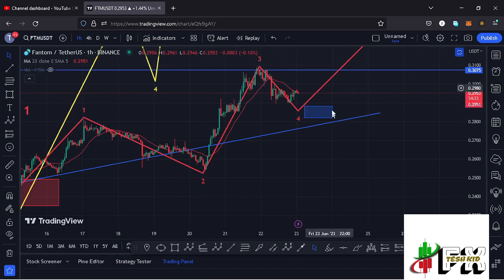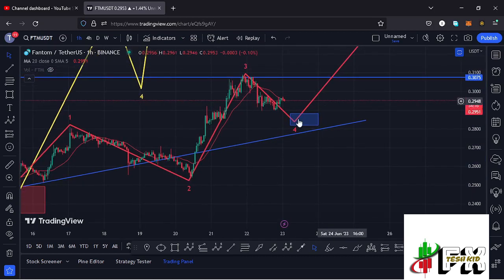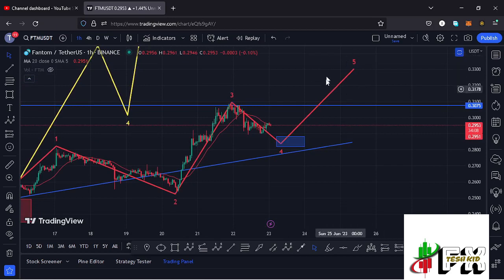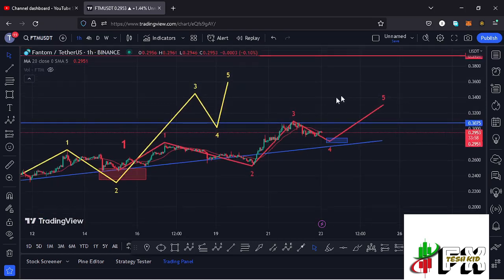this blue target area, fully maximize the target area for that fourth wave to the lower side, and then afterwards we can expect a very nice reaction of the target area and start another impulse to the upside in the formation of this wave 5, breaking through key areas of resistances and fully maximizing our minimum target area at around the $0.35 mark. And once that plays out,